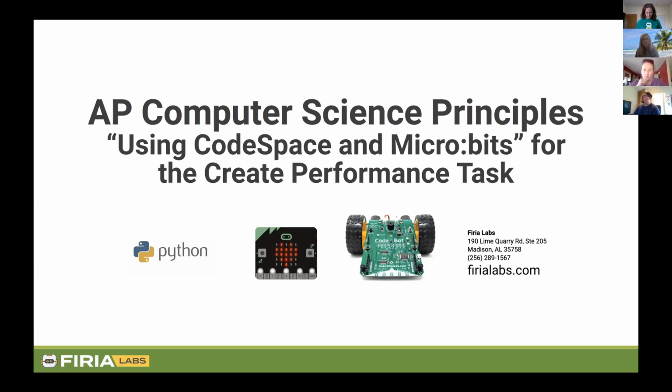This AP computer science class, I've got to say, is one of my favorite classes to teach because of the flexibility that you have. And because of the flexibility, I love hands-on projects. I've noticed with my students that if I can keep them engaged, up out of their chairs, moving and grooving and doing cool stuff, then they can honestly see more relevance than they could, as opposed to my very first year when